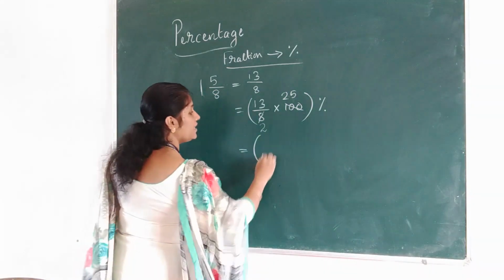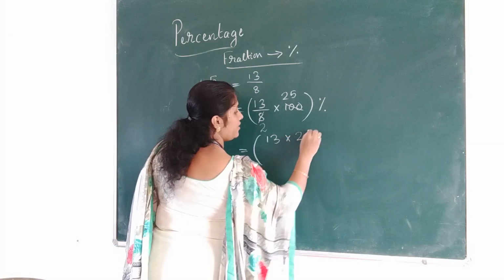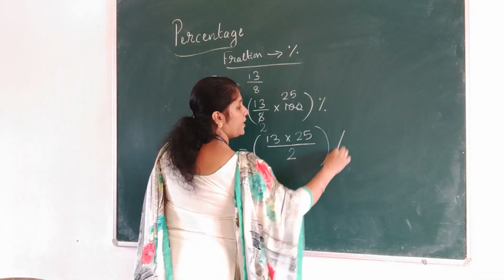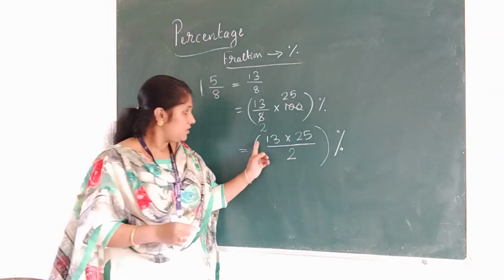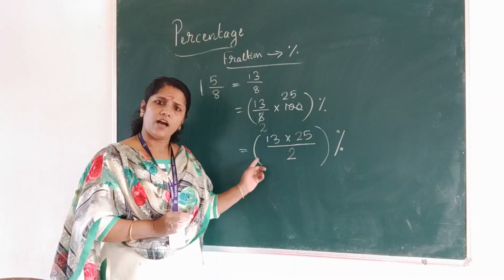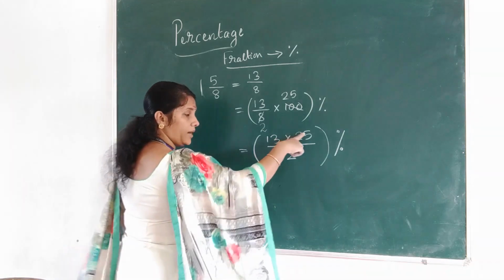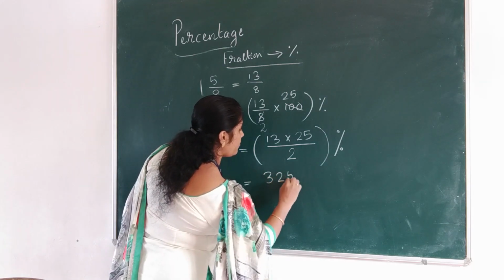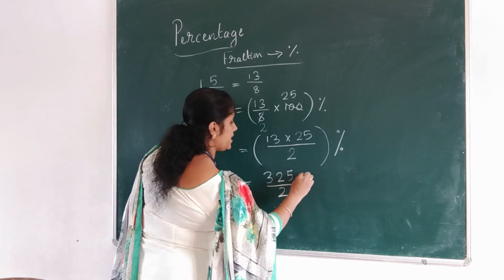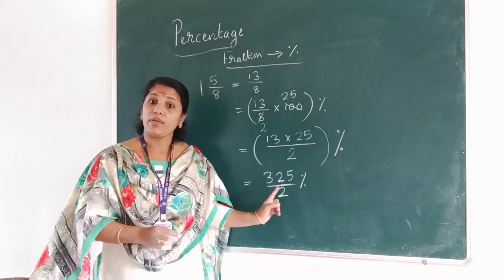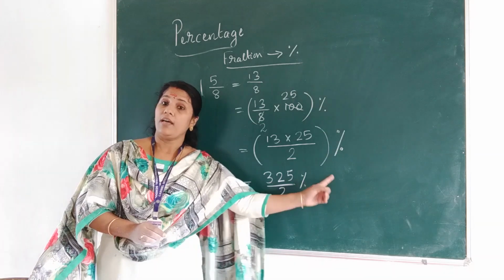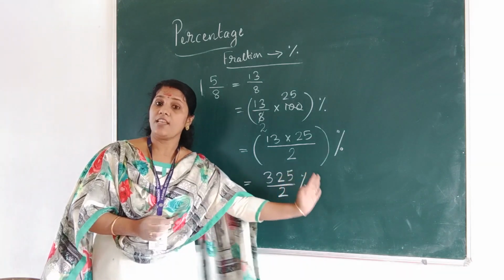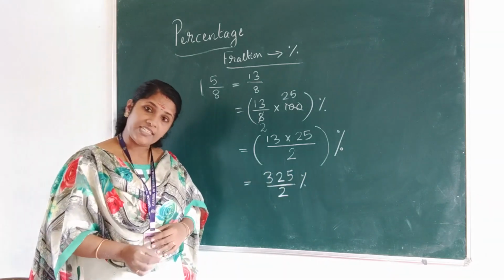Now we can write it as 13 times 25, denominator there is 2, percentage. There is nothing common between, right? So we have to just multiply. When you multiply 13 and 25 together, it will be 325 by 2 percentage. This fraction you can express in the form of a mixed fraction or a decimal number. When you express this in the form of a mixed fraction, the answer will be